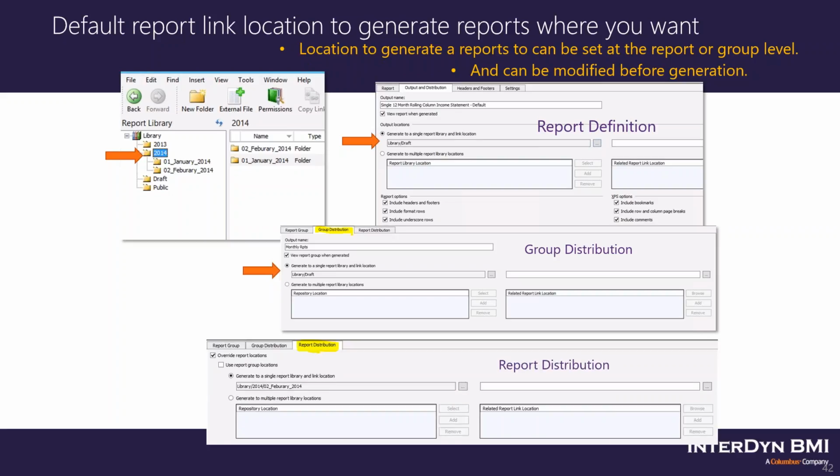If you click on the report distribution, you can send the group distribution, which is that link that I showed you on that last slide where it had just the two reports on it with the green tabs. The report distribution is where are the reports going in the library versus where's that group page going. So on this page you can say I want it to go to the same place as the report group,